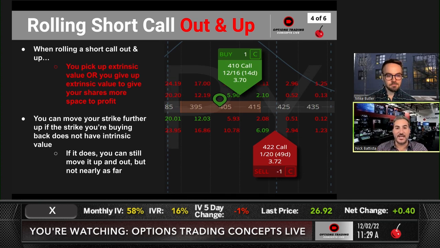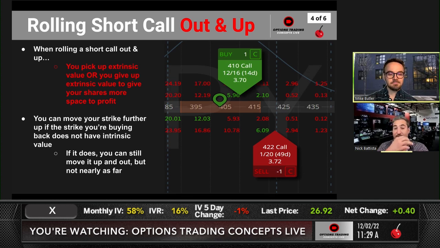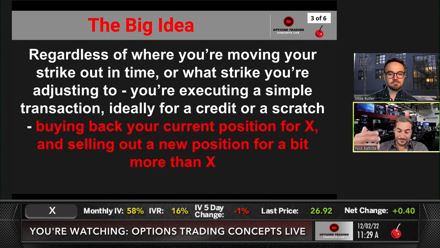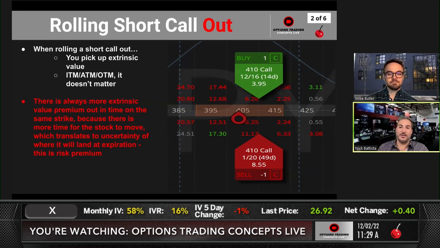So if you're rolling the same strike and you're collecting, what was the example? It was a $4.50 credit or something. Yeah, $4 or $5 credit from rolling it out. That's extrinsic value. So you're getting that $4 in extrinsic value. That's value that you're going to capture. So if the stock stays right where it is or goes lower, that's value that you're banking,